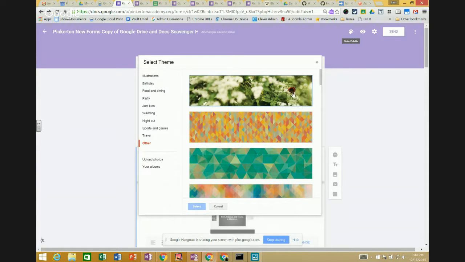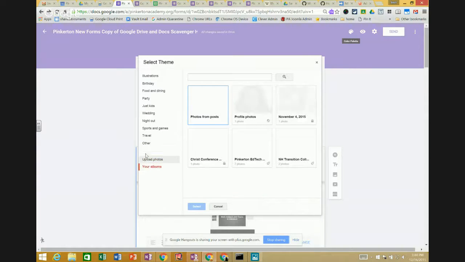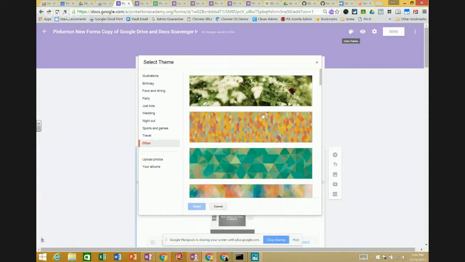I did have someone go, oh, Jen, look, things move now. I'm like, oh, okay. So there are a lot of moving themes. You can upload photos and put things in from your albums and so forth. But the thing that's missing that I think they're going to get to, I'm sure they are, is that